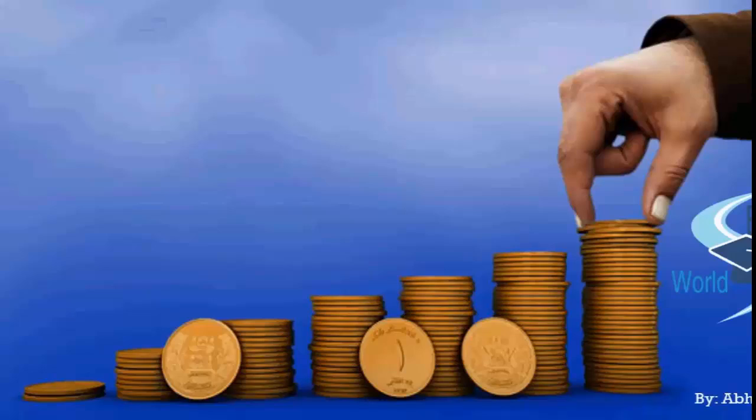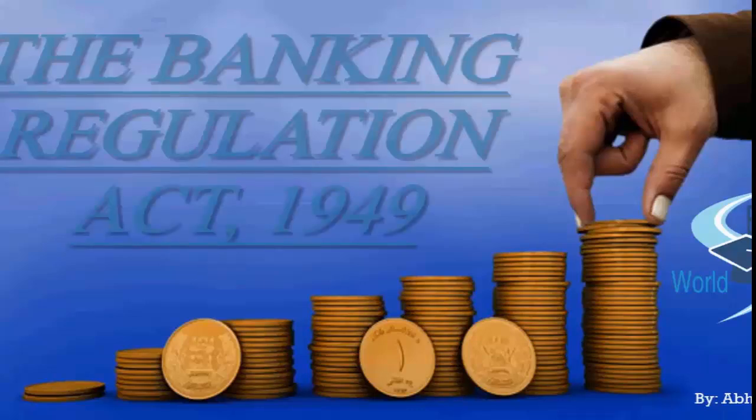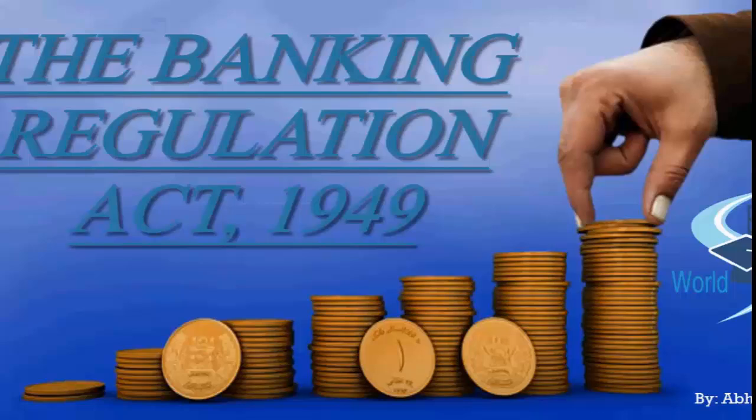So today we'll start with a very interesting topic, which is the Banking Regulation Act 1949. It is very simple to remember the date. It is just 2 years after your independence. So the Banking Regulation Act 1949 was enacted by the Parliament on 10th March 1949. That is when it came into existence, right? It was passed by Parliament somewhere in February 1949.